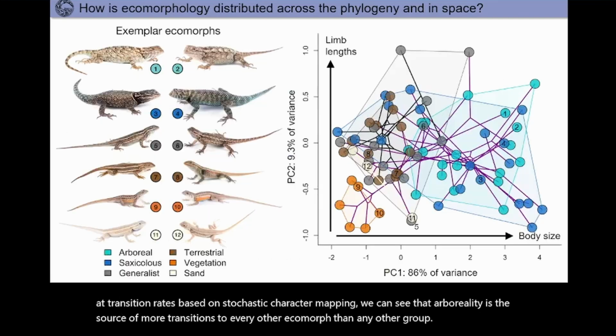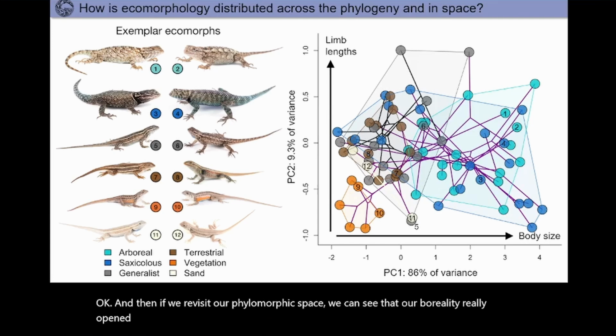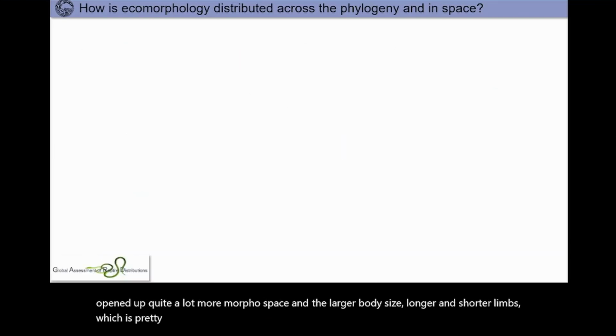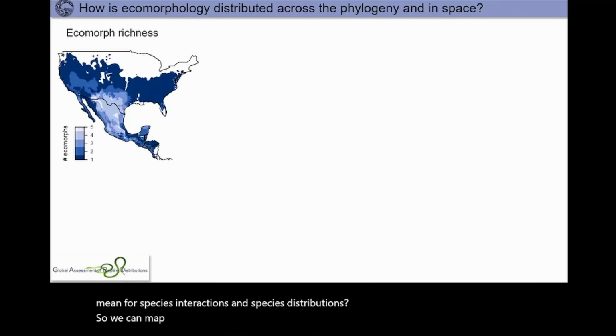Okay, and then if we revisit our phylomorphospace, we can see that arboreality really opened up quite a lot more morphospace in the larger body size, longer and shorter limbs, which is pretty interesting. All right, so the last part of our last question is, so what does this mean for species interactions and species distributions? So we can map ecomorph richness, which is fine, but we really need to contextualize it with species